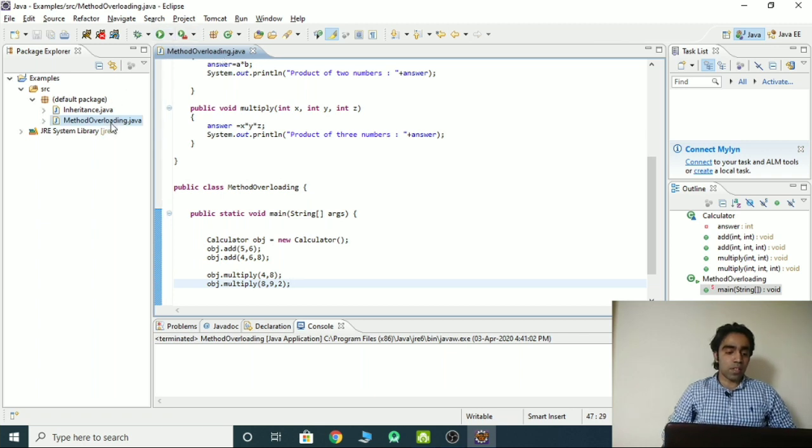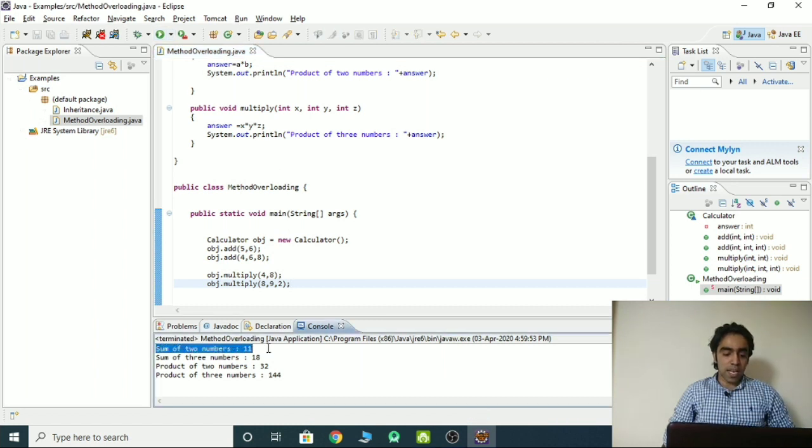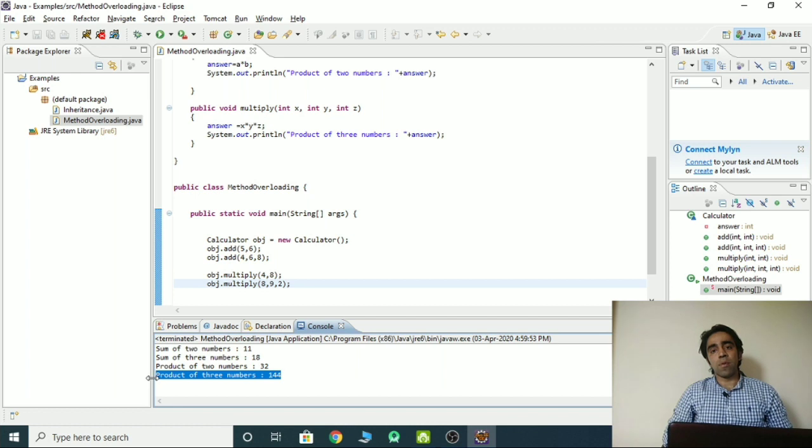When I'm trying to run this program, I'm clicking on play. We got the answer: sum of two numbers 11, which is 5 plus 6; sum of three numbers 18, which is 4 plus 6 plus 8; then 8 into 4, 32; then at the last 9 into 8 into 2 is 144. This is the simple example of method overloading.